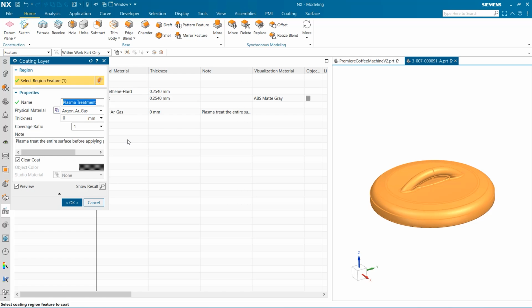Here we can find the coverage ratio, if the layer is applied as a clear coat, and any important notes regarding the layer's application. Additionally, if any changes must be made to our layers, this is the place to do so. The last thing I want to take a look at before we are finished is the overall impact that